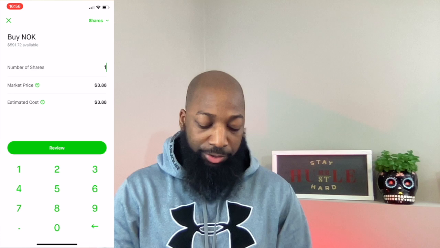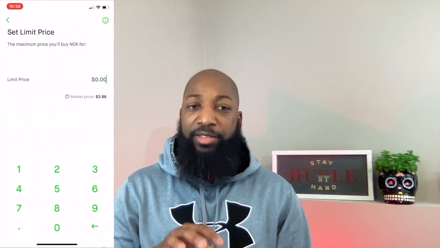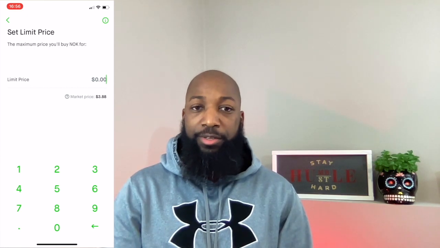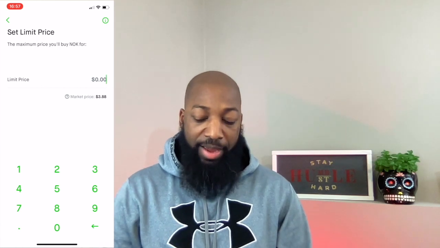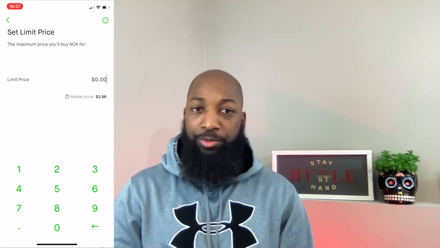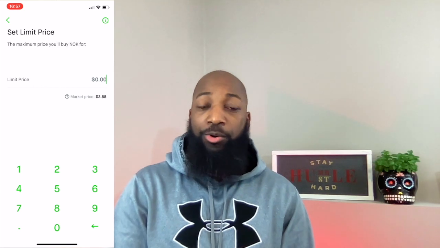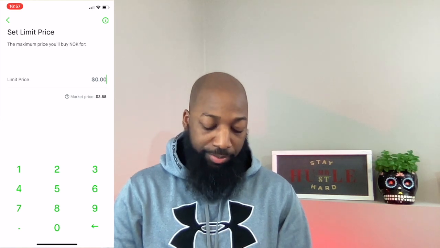So what I like to do, and this is a cool little feature, is let's go back, click on shares, go to limit order, and here it allows you to set the exact price that you want to buy, right? So if you saw throughout the day that the price was going up and down, and you know that it was much lower throughout the day, you can set your buy price lower than the actual market price. So you could go 350,